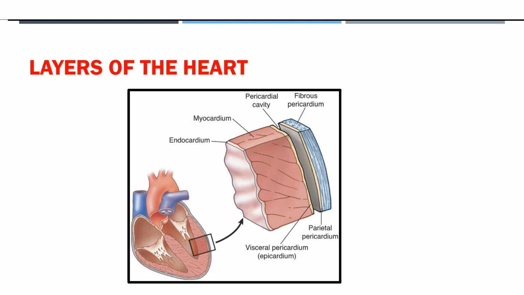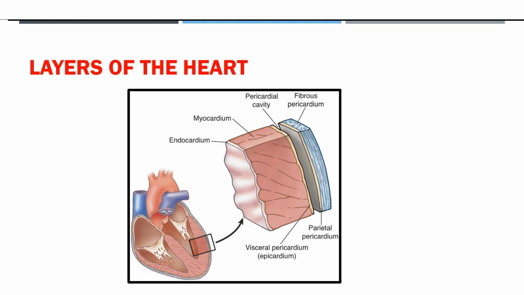It consists of thick bundles of cardiac muscle, twisted and whorled into ring-like arrangements so that it can contract properly. This muscle layer varies in each chamber. In the right atrium it is 2 mm thick, in the left atrium 3 mm, in the right ventricle 3 to 5 mm, and in the left ventricle 12 to 15 mm. So the thickness of the chambers varies according to the size of the myocardium.